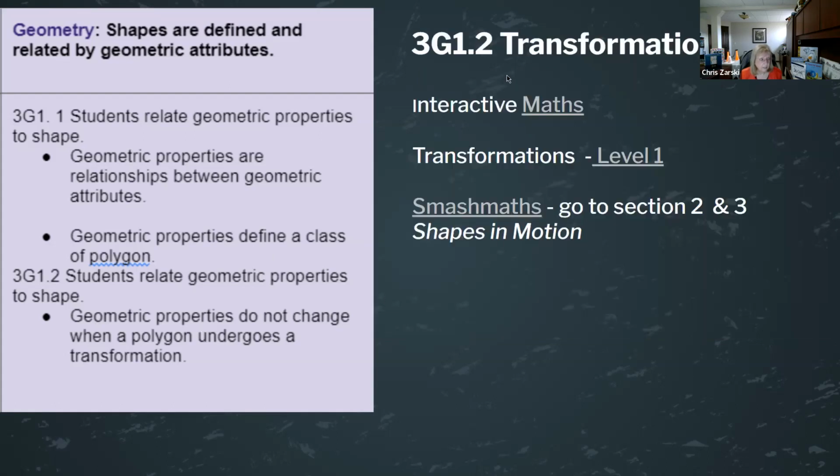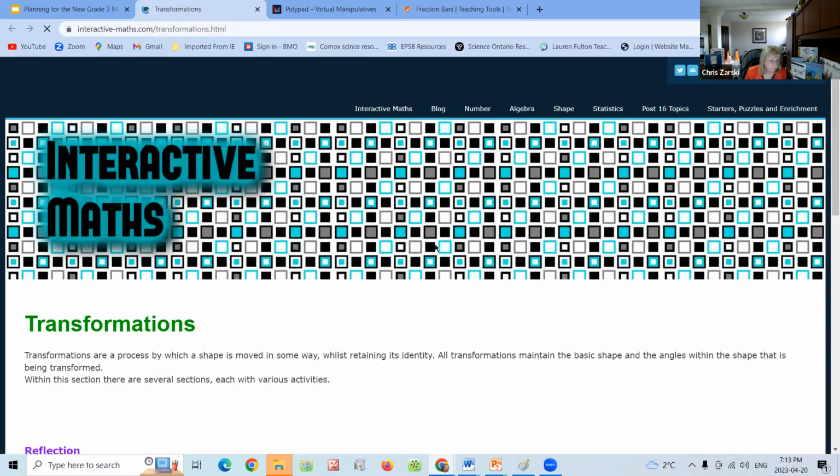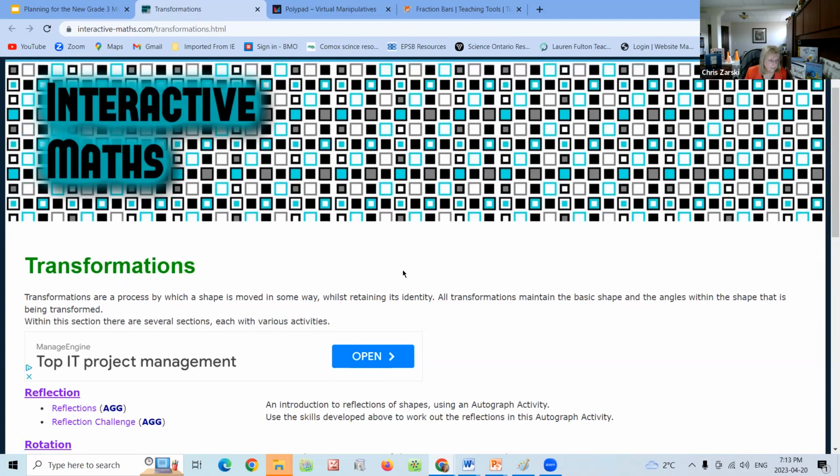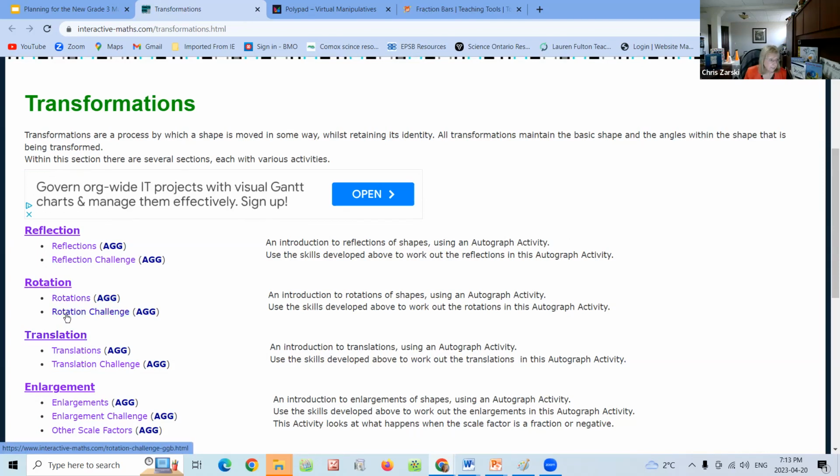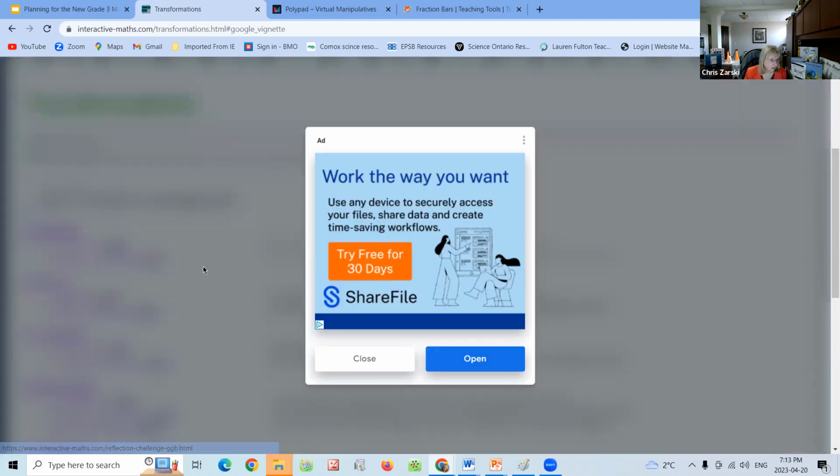There's lots of places too, when you go into your geometry, you're talking about transformations. We did that already, but I just want to show you these links are places that you can go to. I'll go through one for now. Interactive Maths. When you come down here, you've got your reflections, rotations, and translations. So I should be able to take any shape and move it on my grid. And as I do that, I might want to go down to the challenge. I could just start with that one.